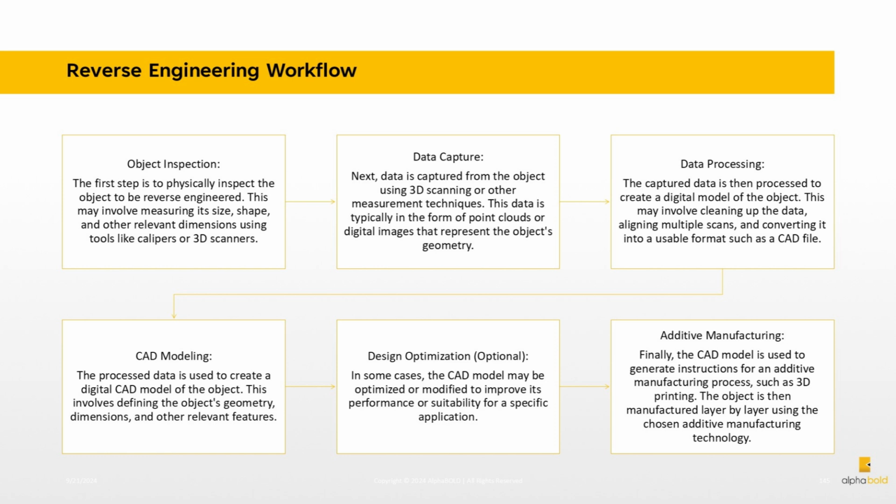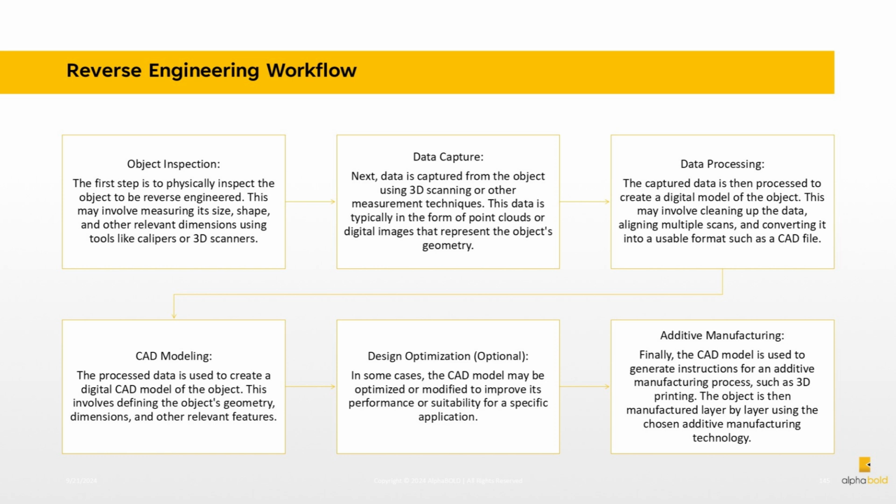Data capture. Next, data is captured from the object using 3D scanning or other measurement techniques. This data is typically in the form of point clouds or digital images that represent the object's geometry. Data processing. The captured data is then processed to create a digital model of the object. This may involve cleaning up the data, aligning multiple scans, and converting it into a usable format, such as a